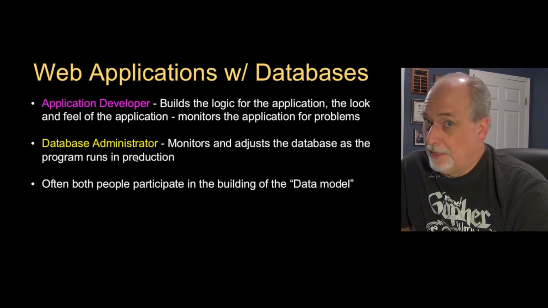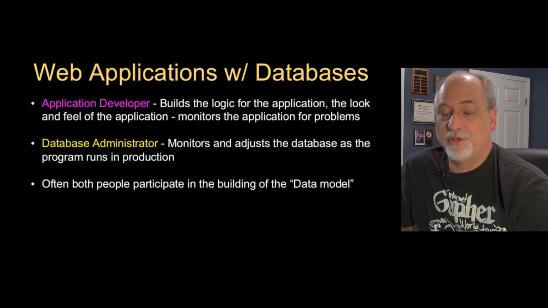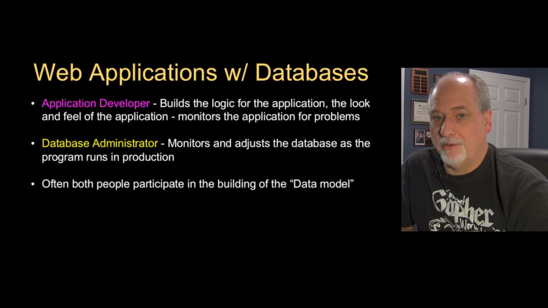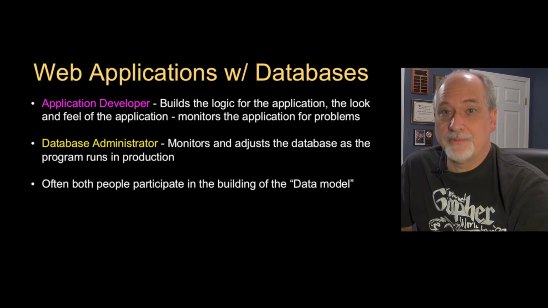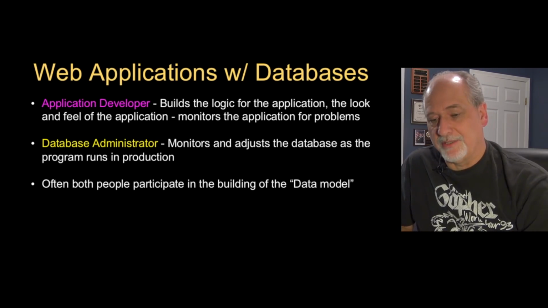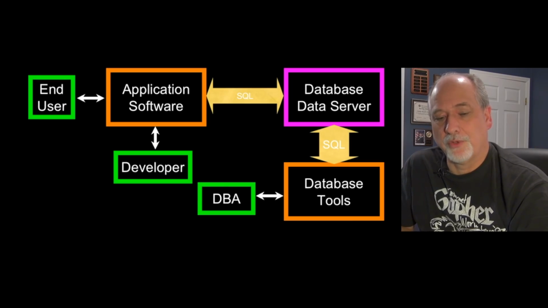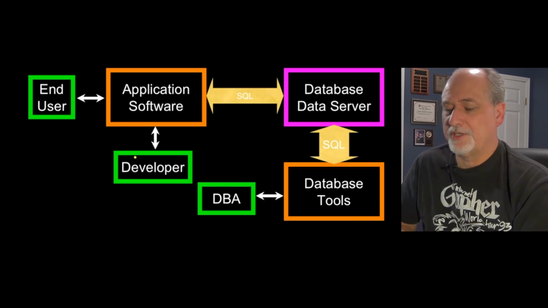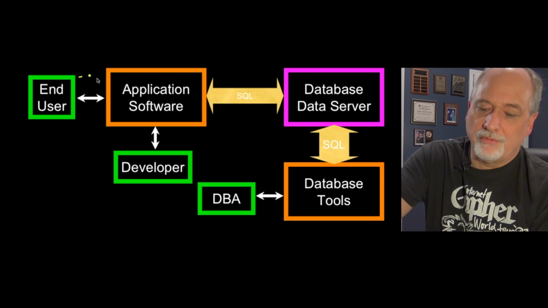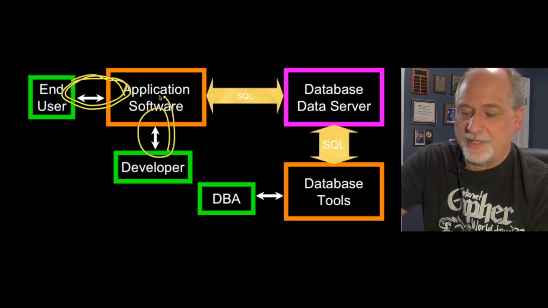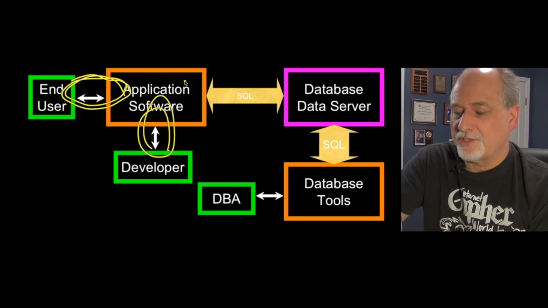Now, another really common use of applications, and something that if you continue learning more about programming, is that you will want to write an online application like Amazon or Twitter, a company that's got a website and stores dynamic data in databases. The picture for that is similar but different than the picture we're going to start out with. The way this usually works is that you, the end user, use a web browser and talk to the application, and the developer writes the application software, and that application software stores its data